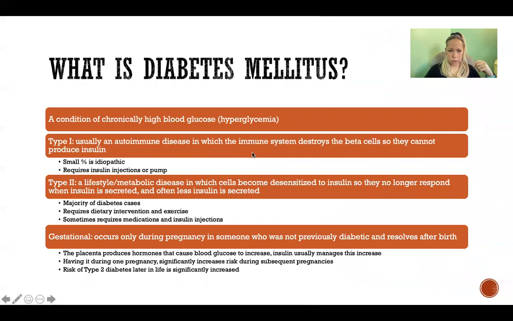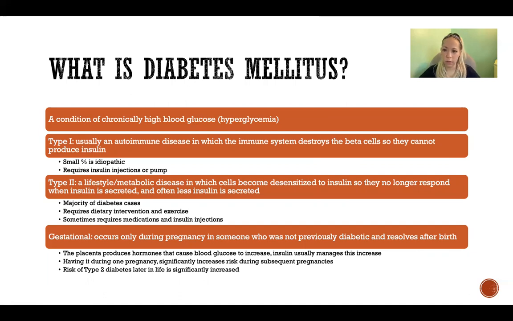Here, let's go on here. So what is diabetes mellitus? It is a condition of chronically high blood glucose, and that can be caused in a couple different ways, and that's why we get 3 different types of diabetes. So type 1 diabetes